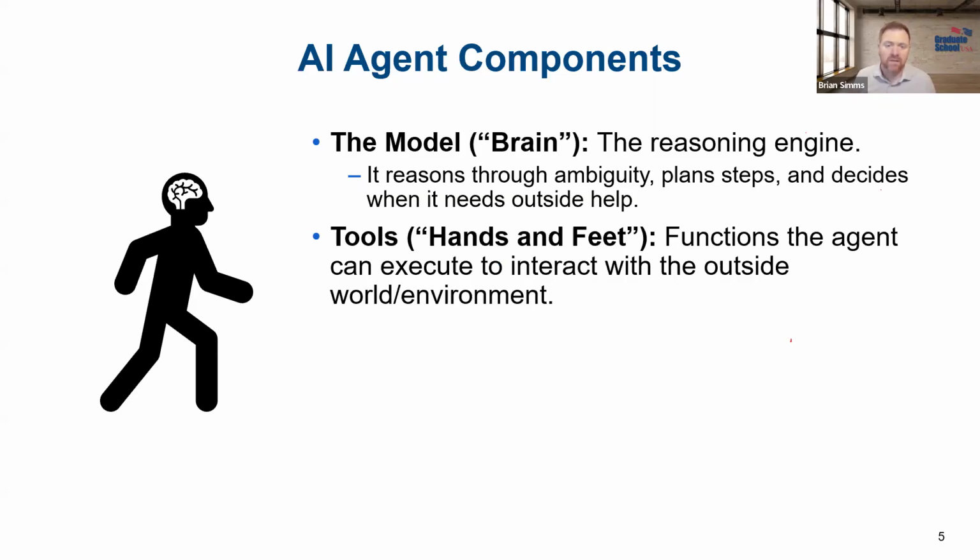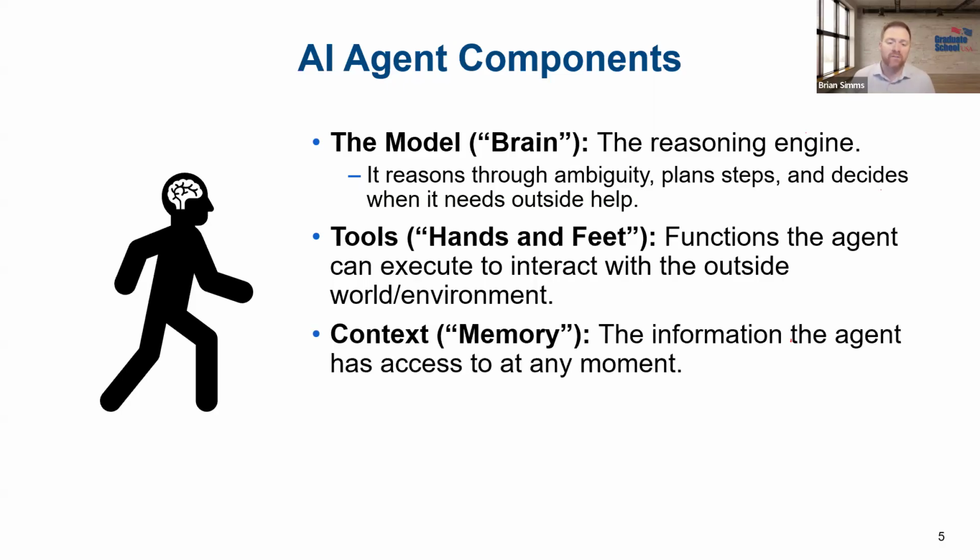They will also have tools. You can think of this like having hands and eyes that can move around. These are functions that the agent can execute in the outside world. So if I need to go to the web or go find this file or read all of these emails, the agent can go to those places or call some system API to get access to another part of a network. So they'll have some tools that they're granted access to.